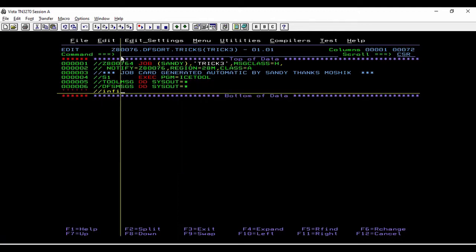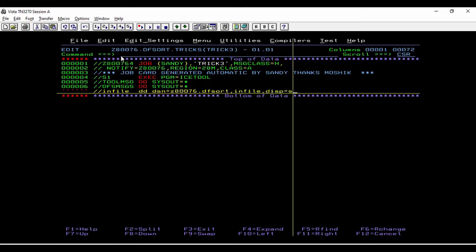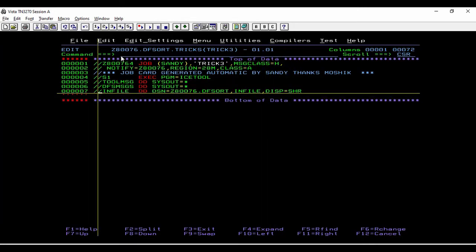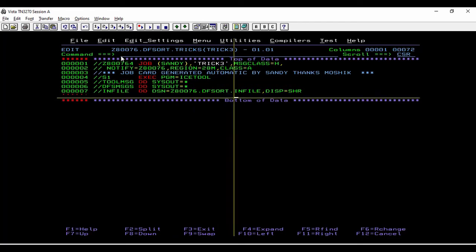Here we'll define our input file. Our input data is stored in this particular data set. This position is here. It's not correct.